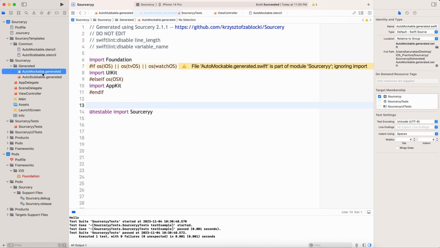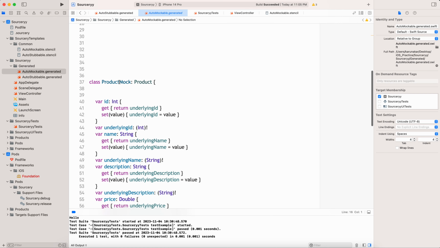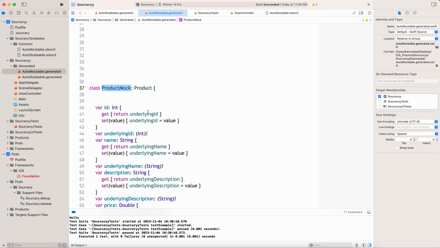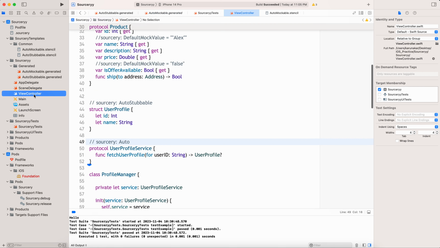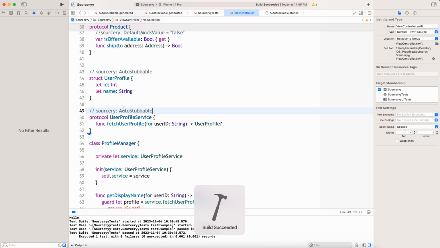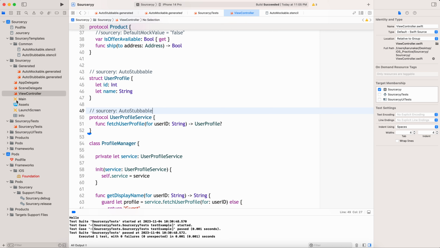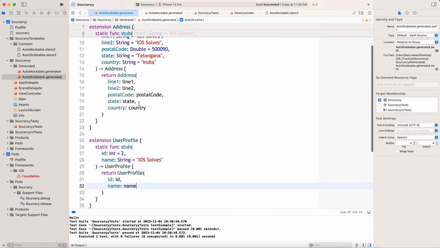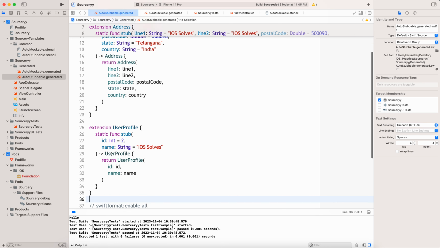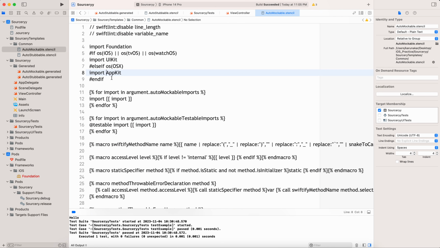Address has come, user profile has come, now product mock has come, only the product mock has come. Let's see if we can generate both user profile service, both auto stubbable we can generate. Let's see. Okay, user profile service auto stub is not getting generated, maybe something wrong with the mocks, but yeah, at very